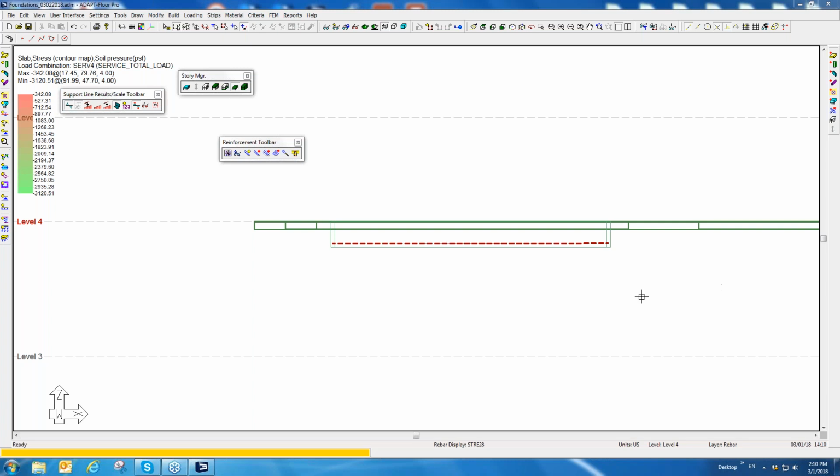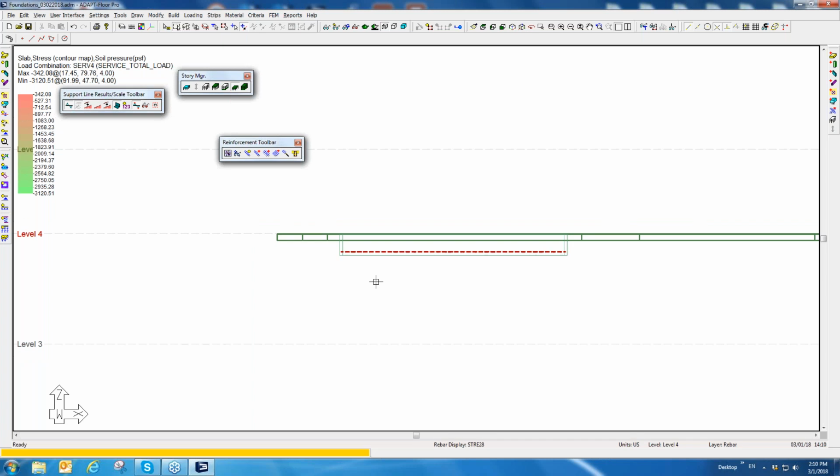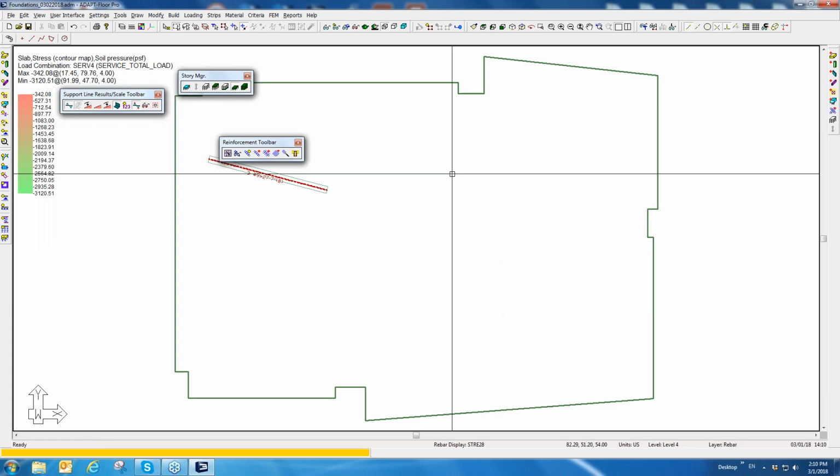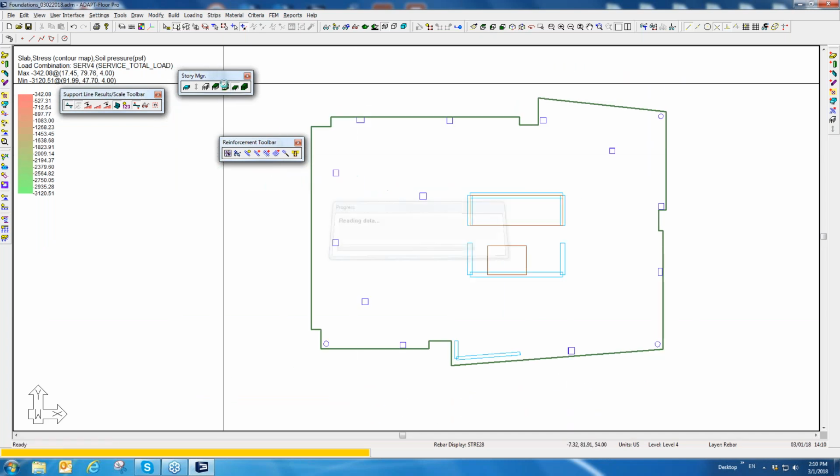Are you going to have an option, a future option for a PT design of a mat? Eric, the program allows you to model PT at a mat. If I'm confused here, I don't know if that's the question, but if I wanted to add post-tensioning to the mat, I certainly could. In fact, if I go back down to the mat,